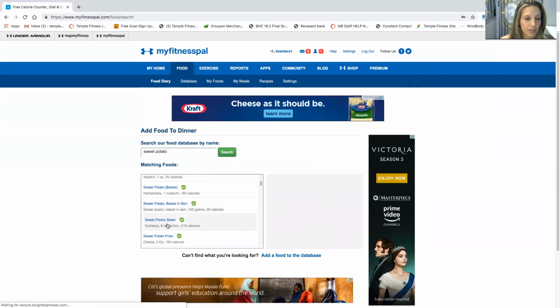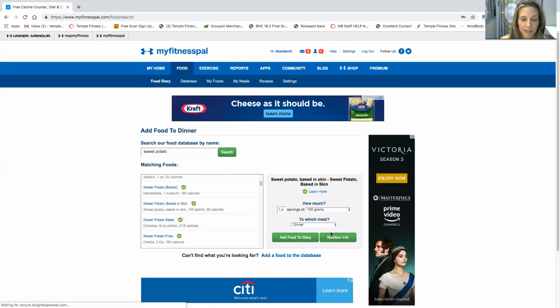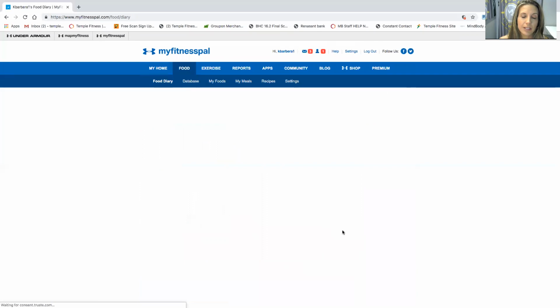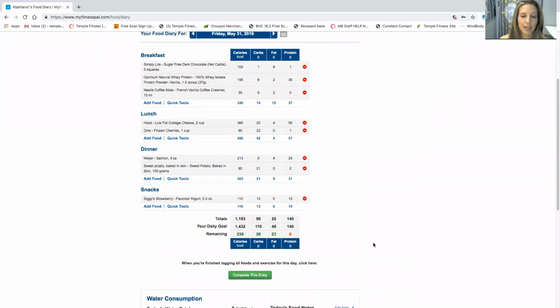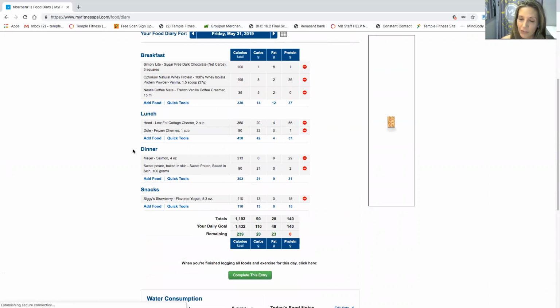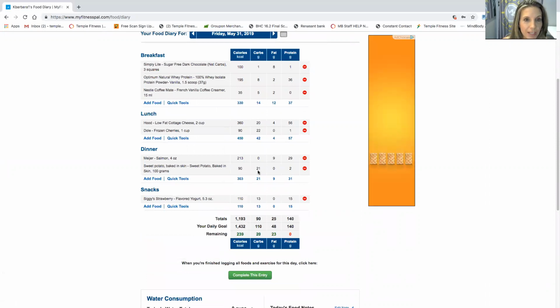Here's ounces. Here's grams. I like the grams. Baked in the scant. Let's see what 100 grams gives me. Obviously, I would weigh it like I'm teaching you guys how in one of the lessons. So let's see how 100 grams weighs out. So you see that I'm adding it, and then I might have to go back and finagle it a little bit. So my sweet potato, it's 21 carbs,